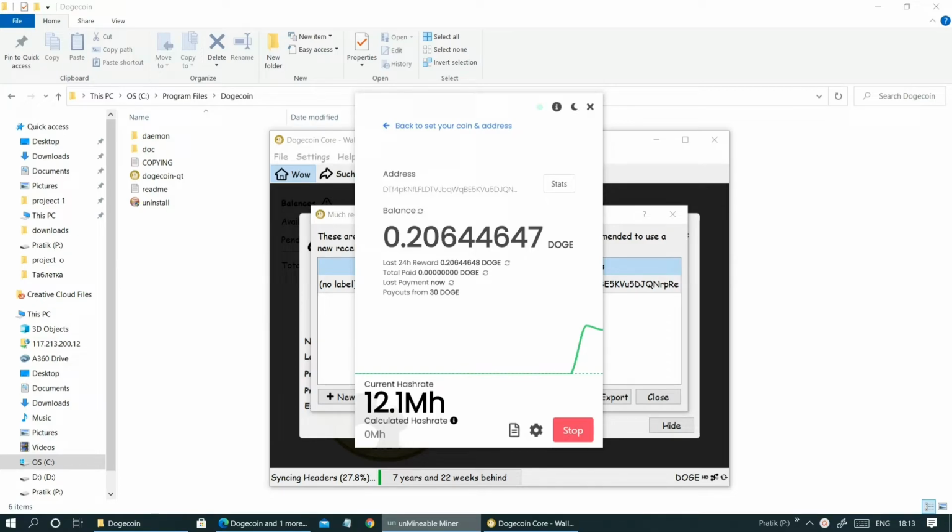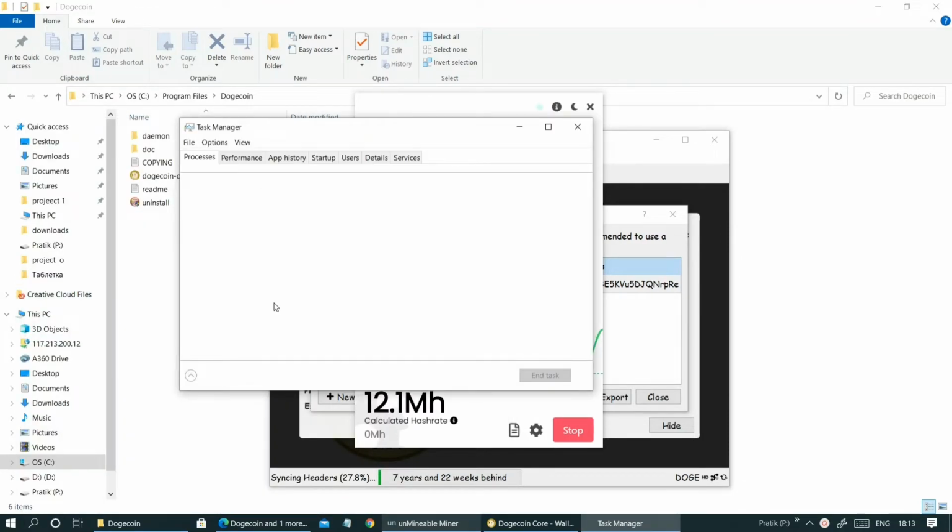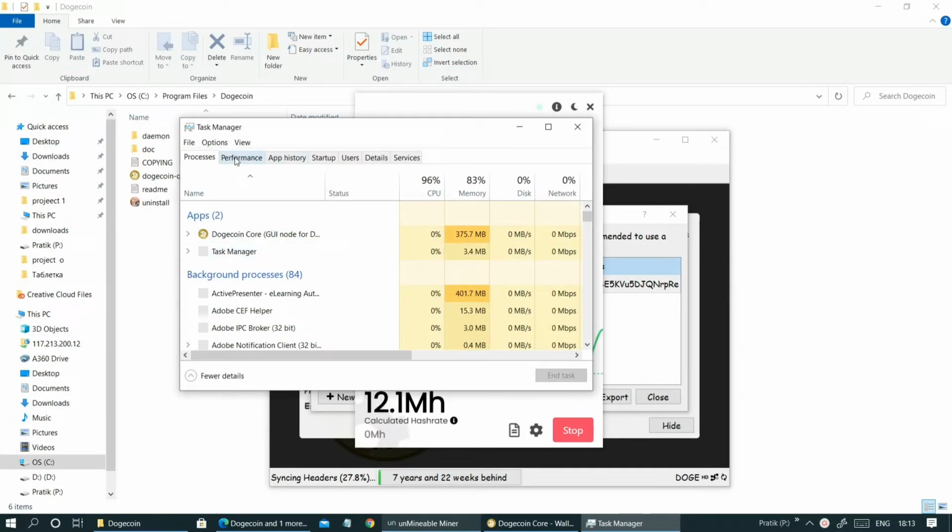Okay friends, now our mining has started, and now let me show you the task manager. Here you can check the performance of your GPU.